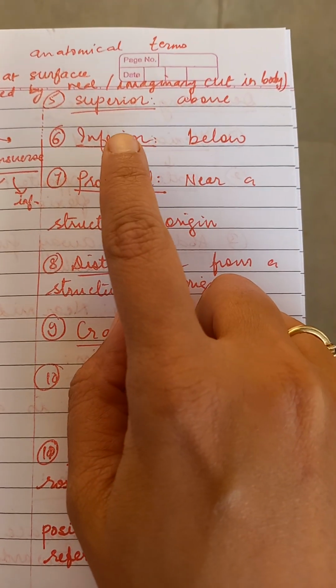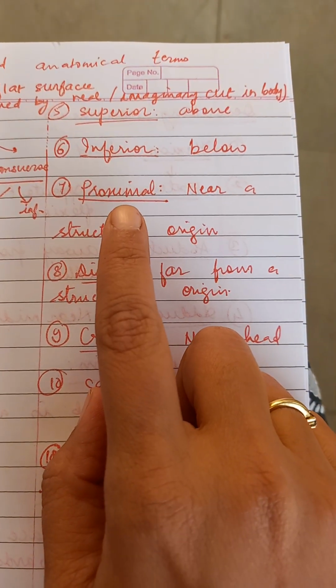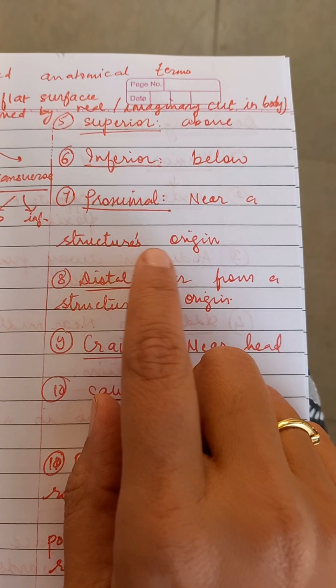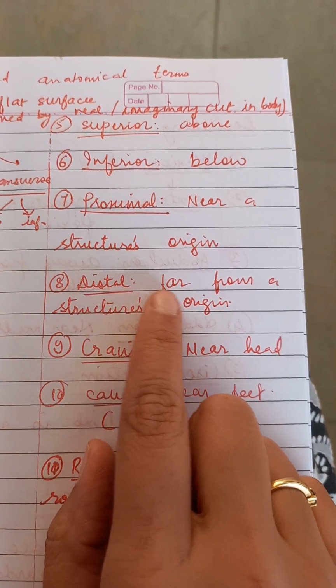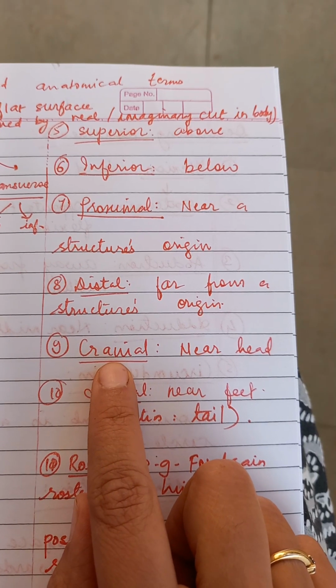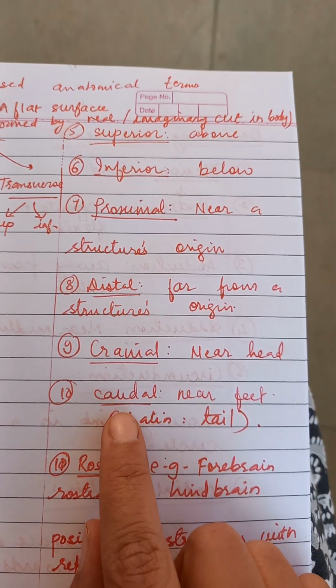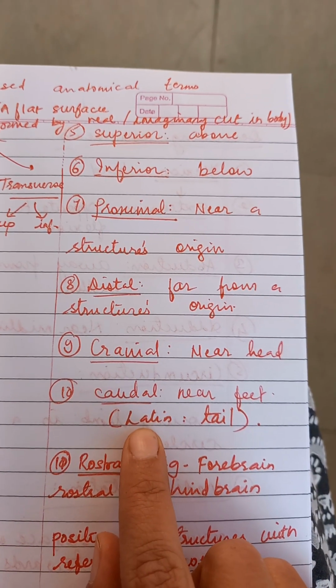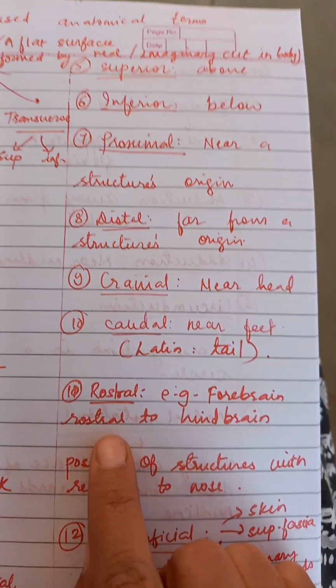Superior means above, inferior means below. Proximal, near a structure's origin. Distal, far from a structure's origin. Cranial means near the head. Caudal means near the feet. Caudal is the Latin word for tail. Rostral,